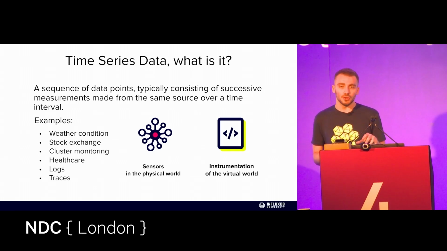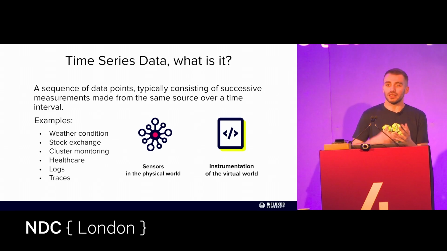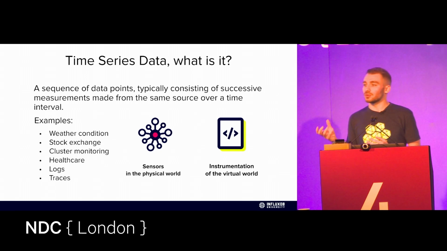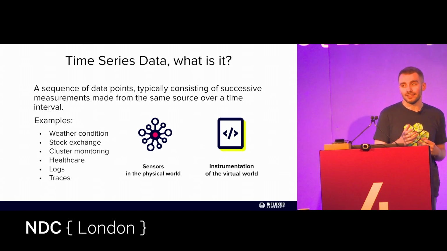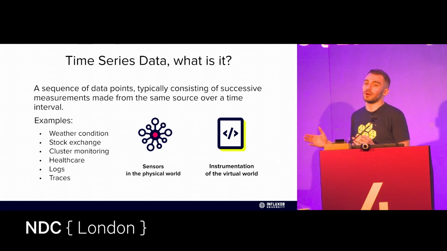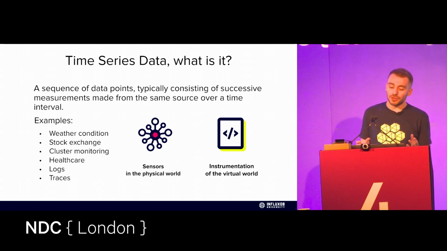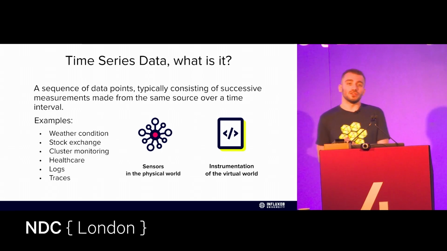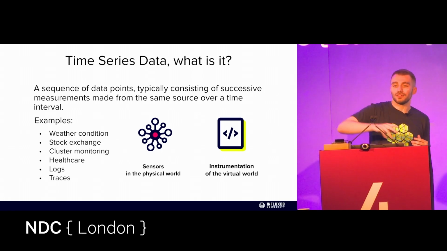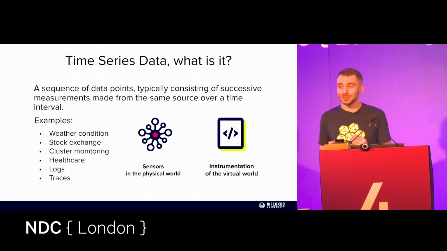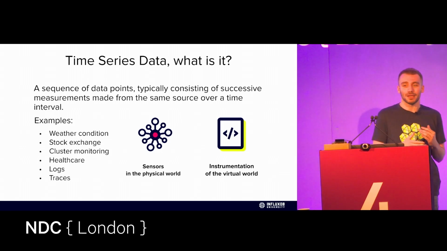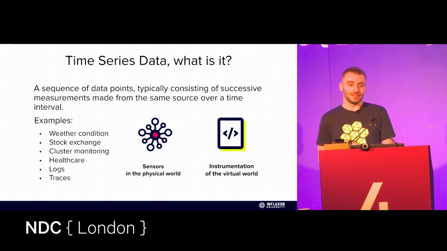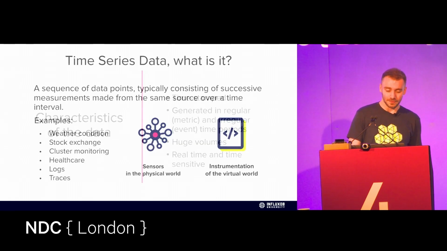So let's consider the virtual world. We could talk about DevOps and other monitoring solutions as time series data, but I think the easiest one to grasp is financial data. So let's consider the stock market. Each day we're trying to monitor the digital assets of a company. So we want to know if they're trending up in the stock market or if they're trending down, whether you want to be buying stocks or whether you want to be selling those stocks because they are plummeting to the ground, just like everyone at the moment, unfortunately. So a bit of a turbulent time we're in.